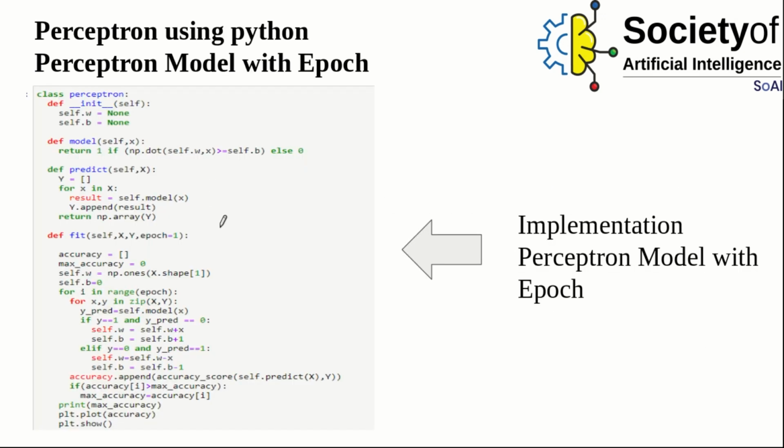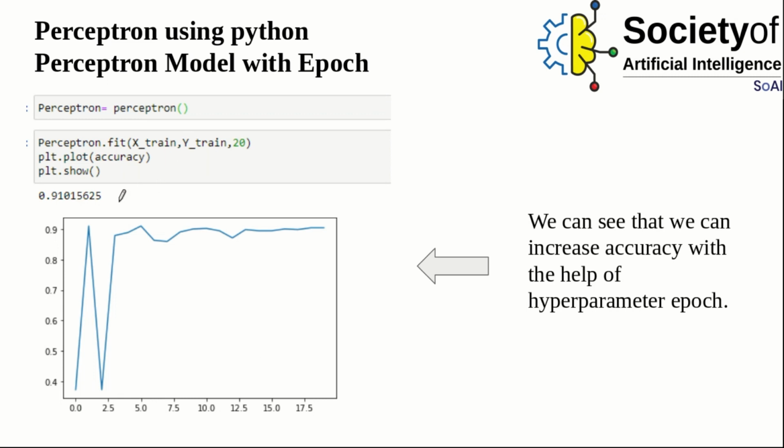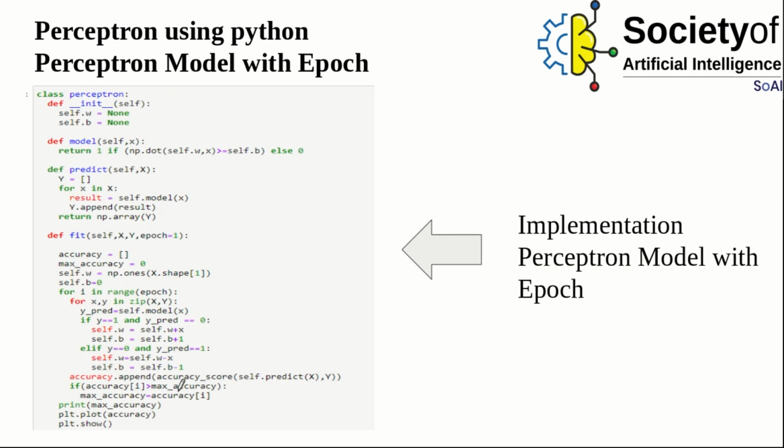Here, after the same implementation, we have added another for loop above the one we initially used, where for i in range of epoch we will be defining a value for epoch, and this for loop will iterate over that many epochs, so that we will be going through our data that number of times to get appropriate values for b and w, which will help us increase our accuracy.